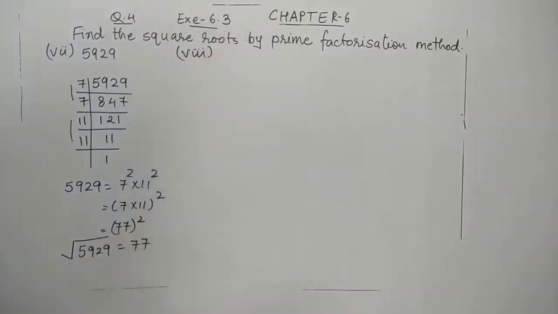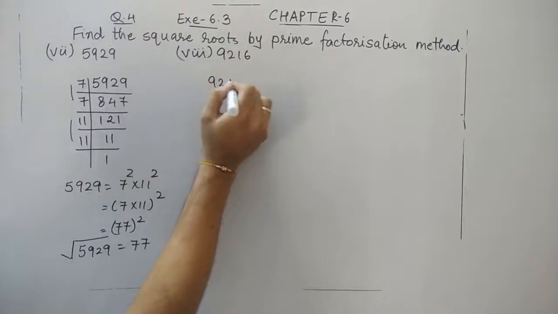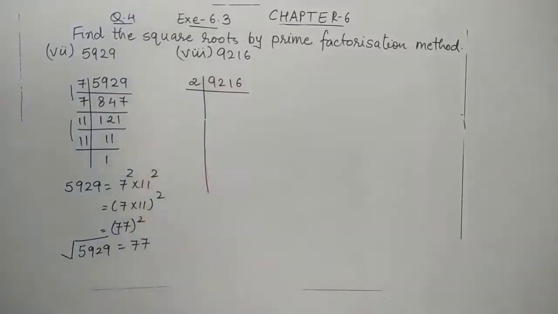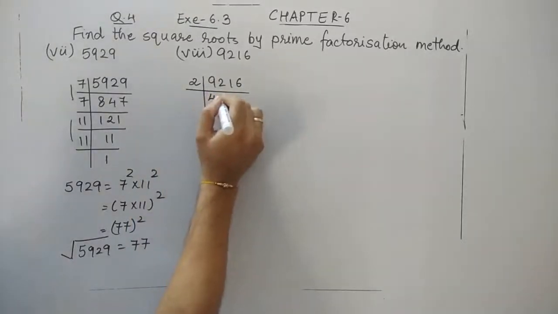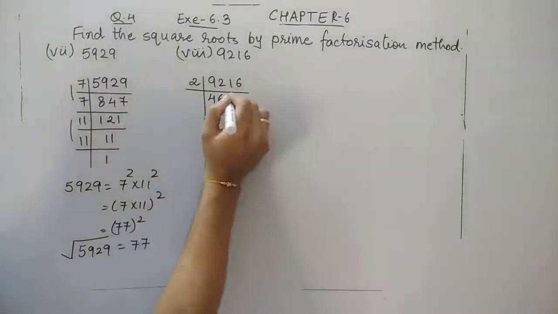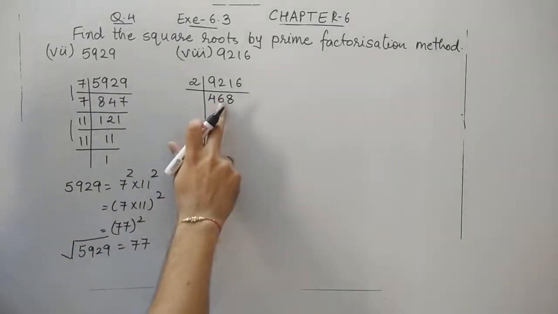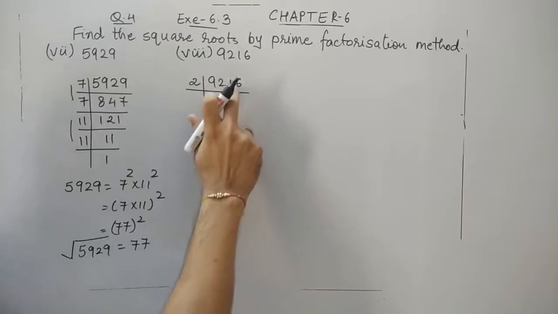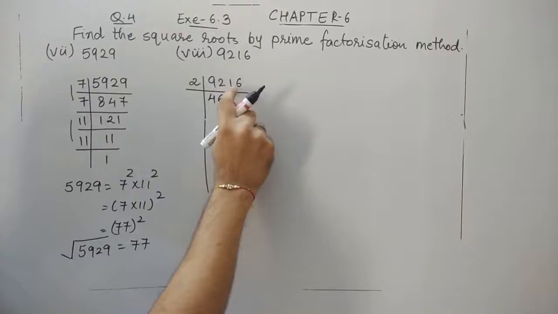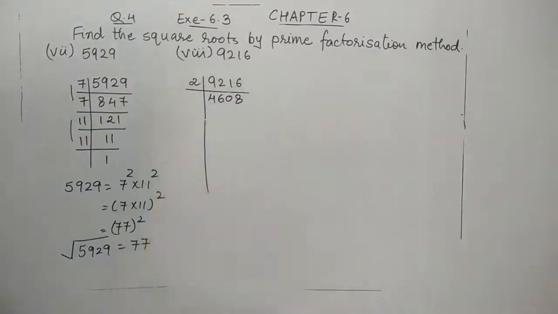That is the next number. It's 9216. So let us go for it. 9216. As the unit digit is 6, it must be divisible by 2. ये 2 से divisible होगा. So 2 4s are 8, 2 6s are 12. Now students I observe, कई बच्चे यहाँ पे सीधा 8 लिख देंगे. 2 8s are 16. But remember it is wrong, क्योंकि 1 is left. आप अच्छे से डिवाइड करोगे तो पता चलेगा. 2 6 are 12 करने के बाद when you carry 1, so 1 is not divisible by 2, so it should be 0 and it comes 8.